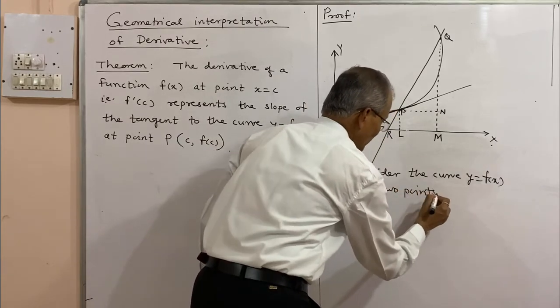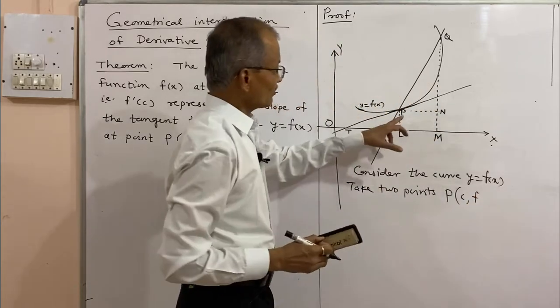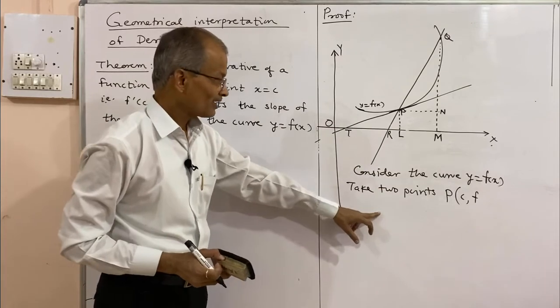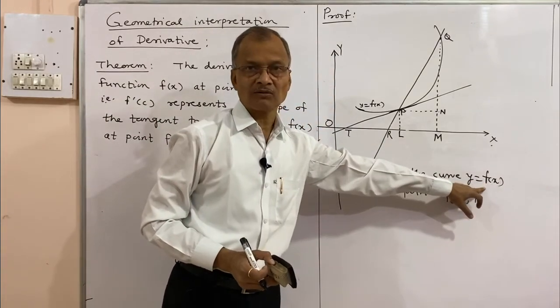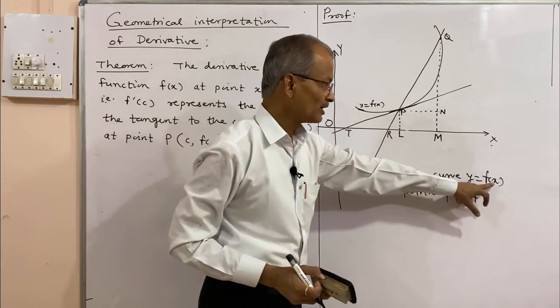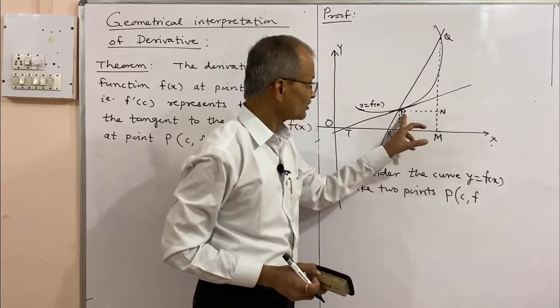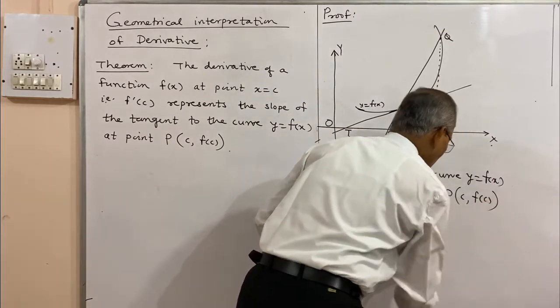Two points as P, C. If the x coordinate of P is C, what will be its y coordinate? Y coordinate will be f of C, because the curve is y is equal to f of x. If x coordinate is C, y coordinate will be f of C, and therefore the coordinates of P will be C, comma f of C. And